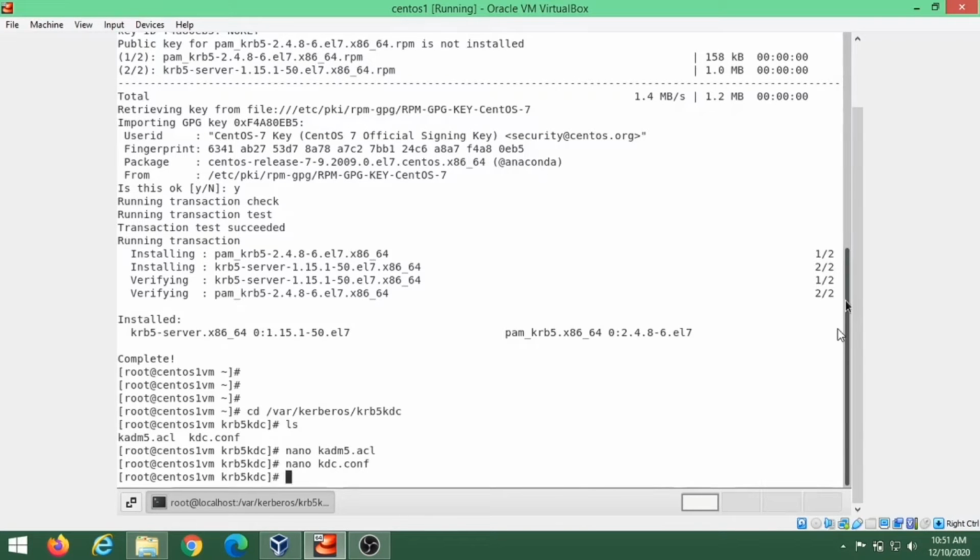Now we will edit the client configuration. The server that we are using as the KDC will also be a Kerberos client, allowing users to authenticate via Kerberos to services on the host. For this, we edit the file at /etc/krb5.conf.